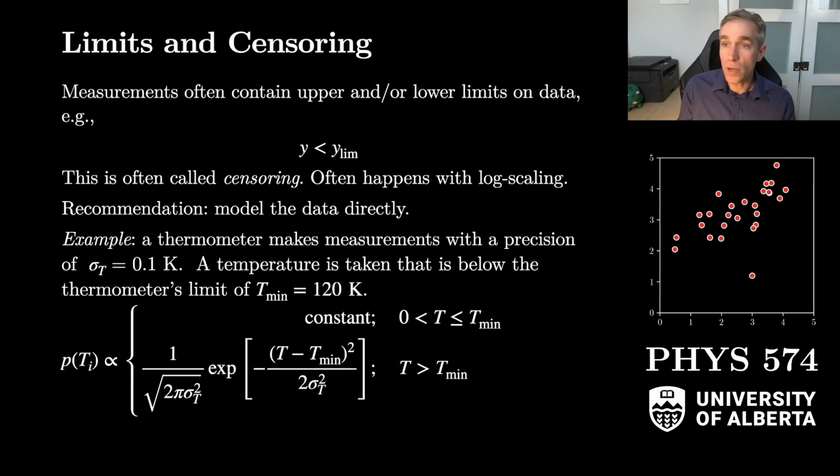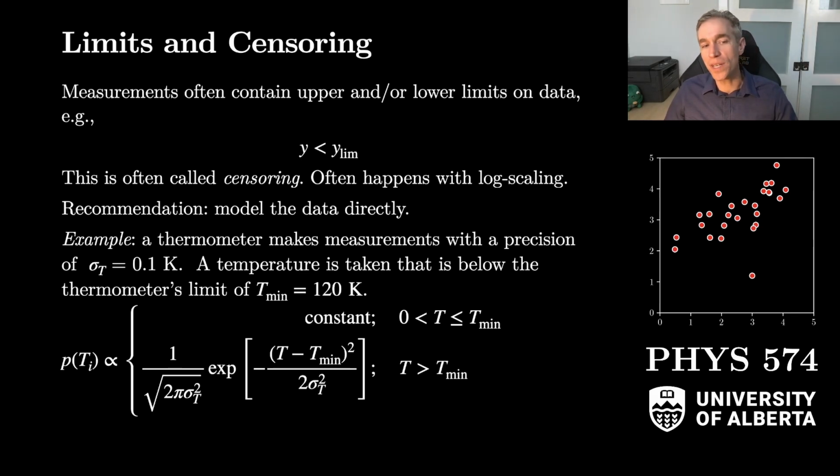In this case, what you could consider is a probability model for the temperature that's essentially flat from 0 to the minimum temperature, and then it rolls off like a Gaussian above that threshold with a precision. So it's going to be somewhere below 120 Kelvin, but if it's at